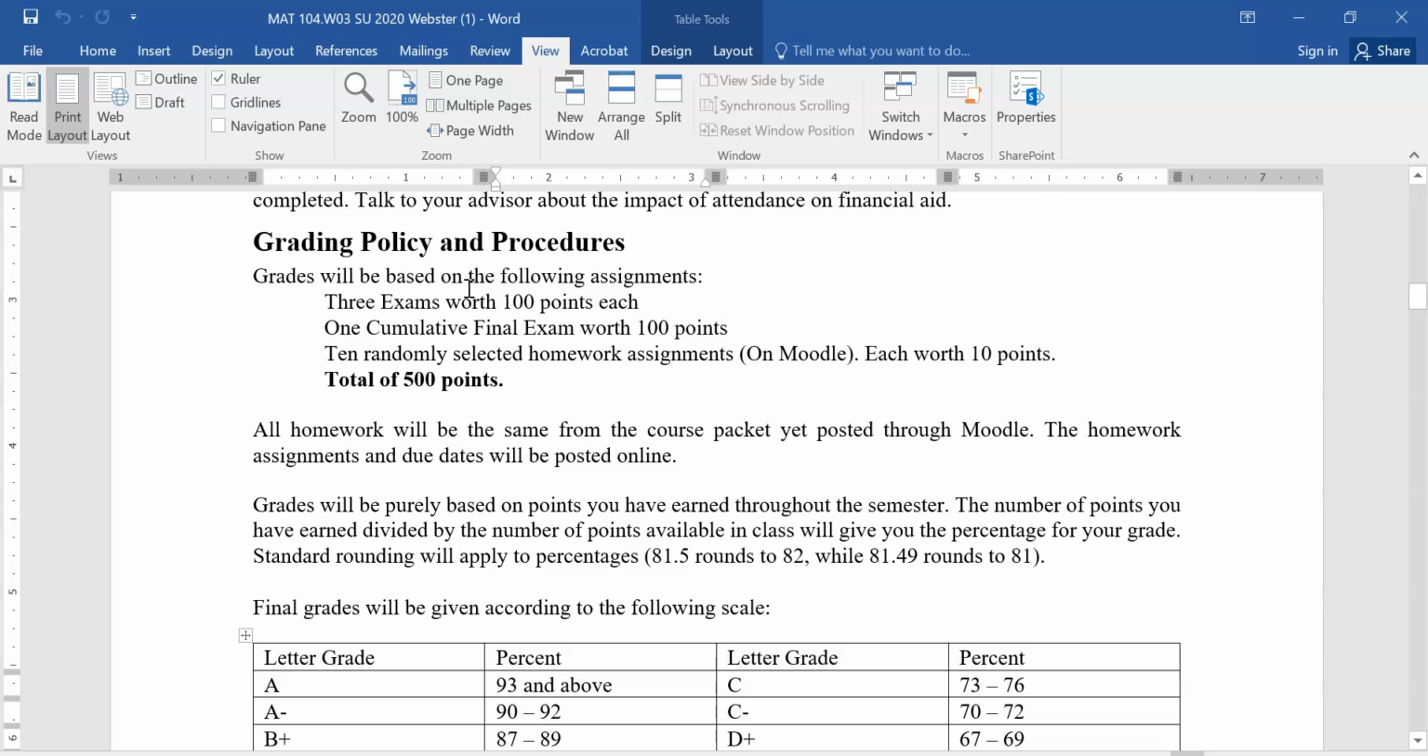As far as the actual grades go, there's going to be 3 exams worth 100 points. Those are the unit exams. There's going to be 1 cumulative final, and then there's going to be 10 randomly selected homework assignments. Everything other than the final is going to be on Moodle. So this semester, I've put up the homework assignments and 3 exams. Those will be put up on Moodle. Usually, in a typical semester, these 3 exams here, let me highlight this here, those 3 exams are